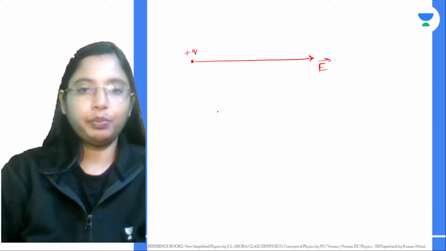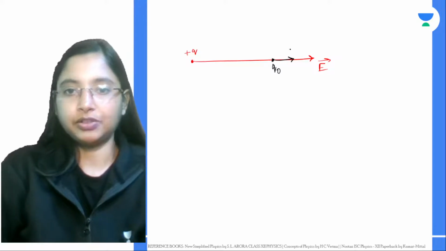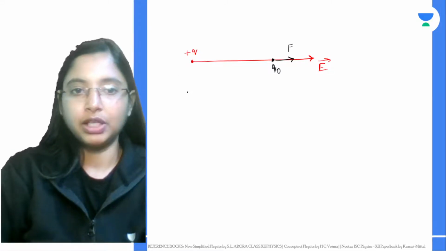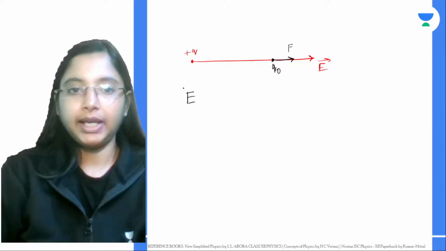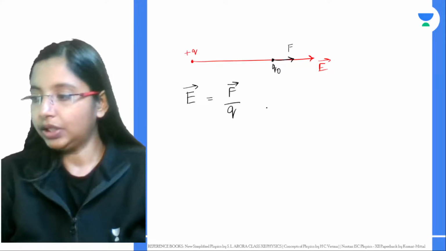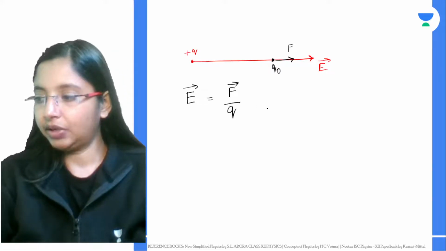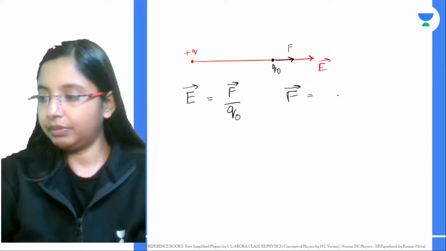Now if I bring in another positive test charge over here, the force of repulsion will be in this direction. This will be your electric force. So electric field at this point is given by what? Electric field at this point is given by force per charge, right? So here you can see this force is nothing but